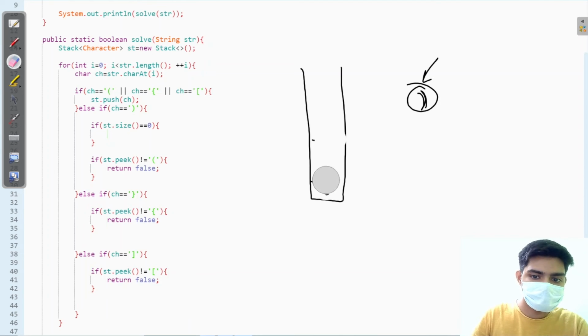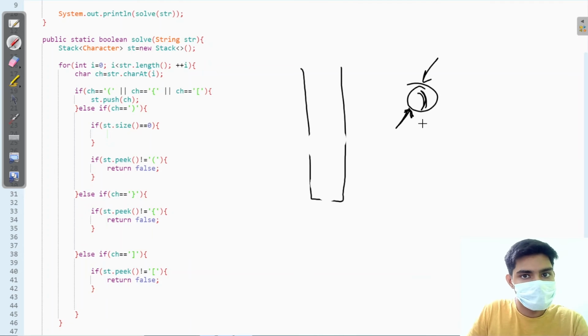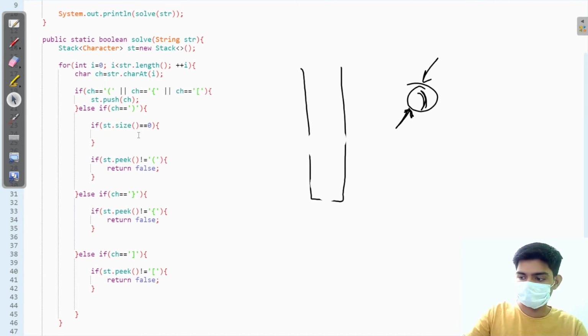If my stack is already empty, it means that the closing bracket encountered doesn't have any opening bracket to pop, right? So I can simply return false from here because my stack is empty and I have more closing brackets. So I can also return false from it, right?